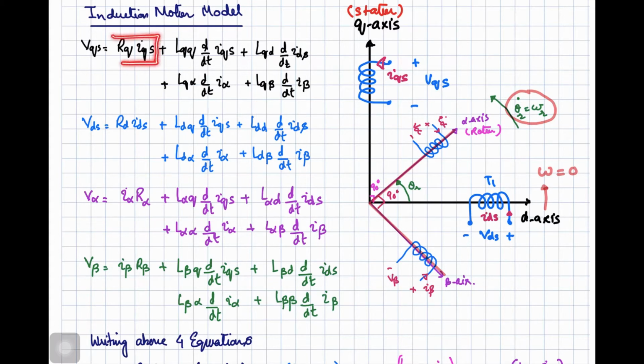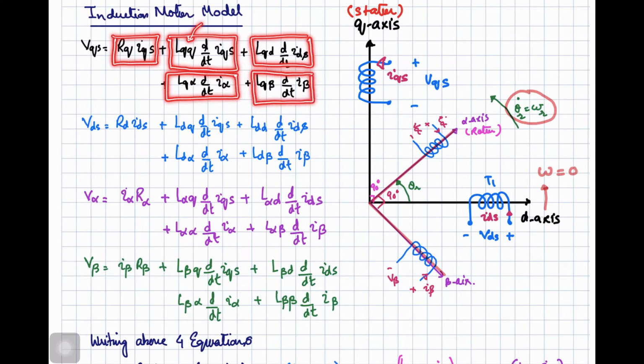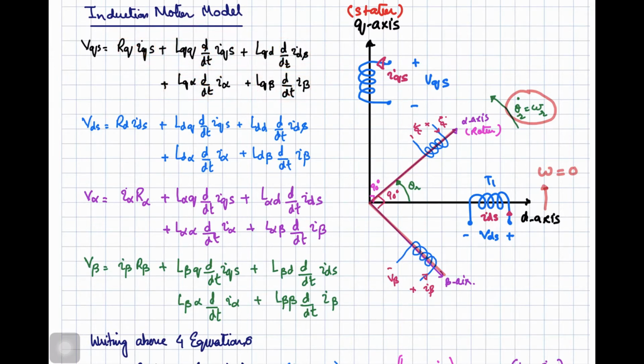One is the resistive voltage drop, the second one is the induced EMF in the q axis because of the inductance of itself, then the induced EMF because of the inductance of the D winding and the current variation in the D axis winding, then the voltage induced because of the alpha axis current and the alpha axis inductance, and the voltage because of the beta axis. So these are the five terms, 1, 2, 3, 4 and 5, which are responsible for the voltage across the q axis winding. Similarly, if we talk about the VDS, the voltage across this winding, that will be equal to